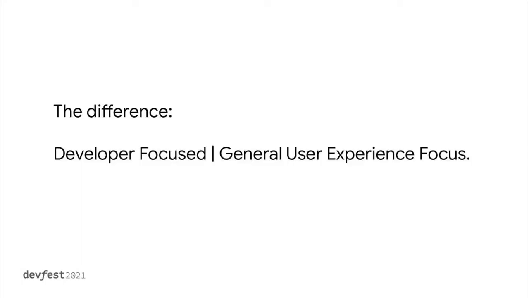But the two things that make up a developer advocate are, number one, technically advanced, and number two, a community builder. These two things brought together is who exactly a developer advocate is. So they build code examples in different languages and stuff like that. Let's go to the next slide. The difference here again is developer focused and general user experience focused. Again, DX and UX. Now I'm going to break down developer experience into two things, value and time.